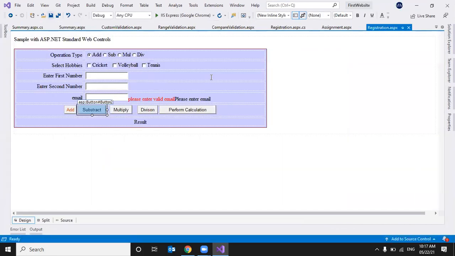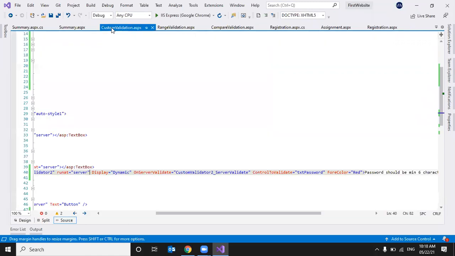Hi, sir. Sir, we use custom validator, and required field is also there. So for what do we use custom validation? You can write anything in custom validation. You can write a regular expression, you can do a compare, a range validation. You can do anything with a custom validator. Required field validator is used to validate whether the data is entered in the required text box or not. But with custom validation, you can write any custom logic.